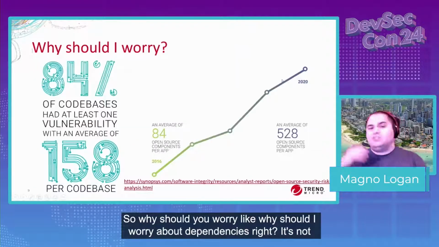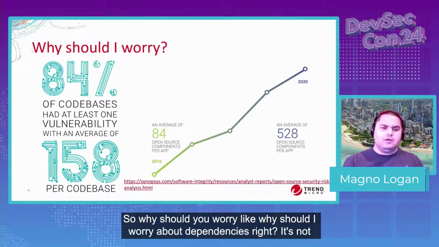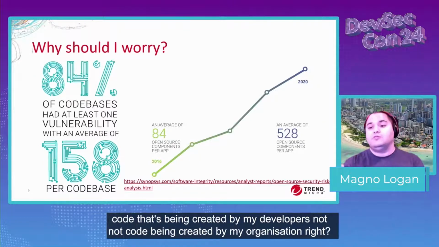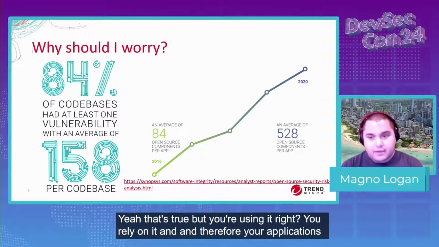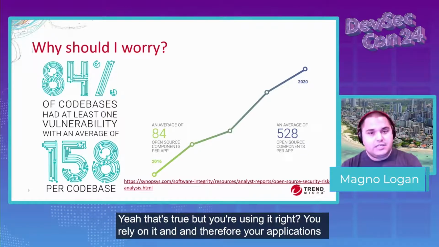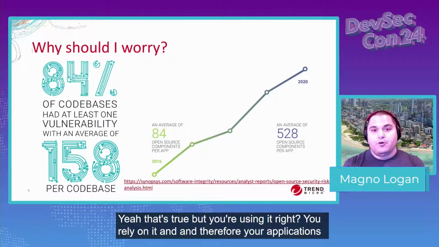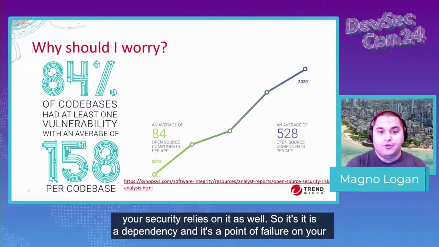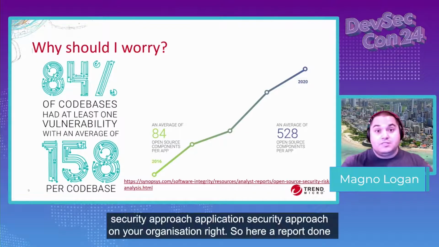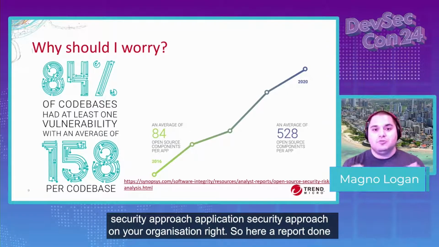So why should you worry, right? Why should I worry about dependencies? It's not code that's being created by my developers, not code being created by my organization, right? Yeah, that's true, but you're using it, right? You rely on it, and therefore your applications, your security relies on it as well. So it is a dependency, and it's a point of failure on your security approach,